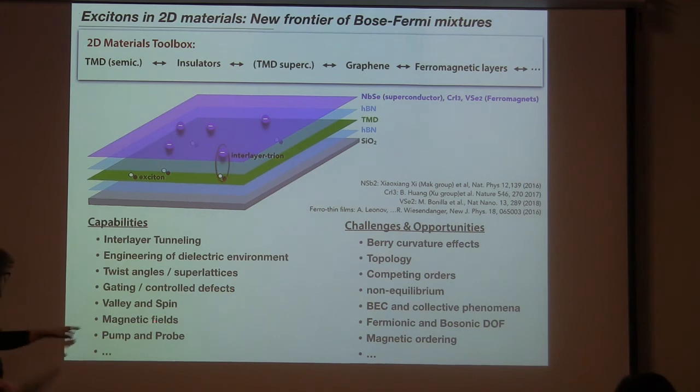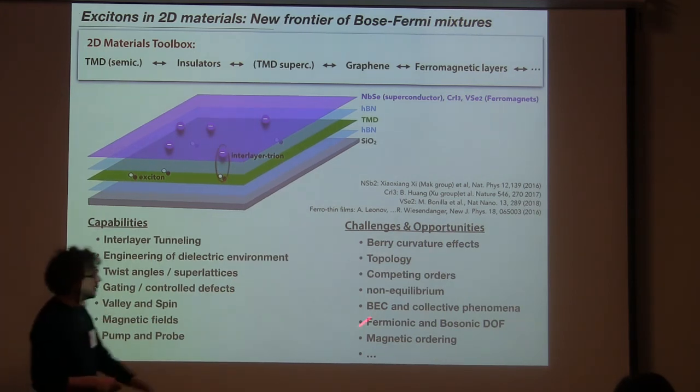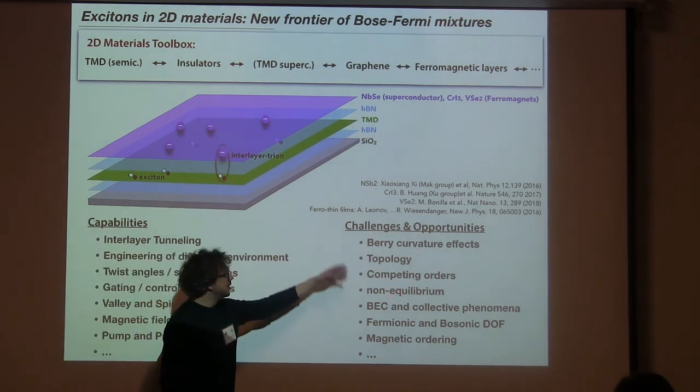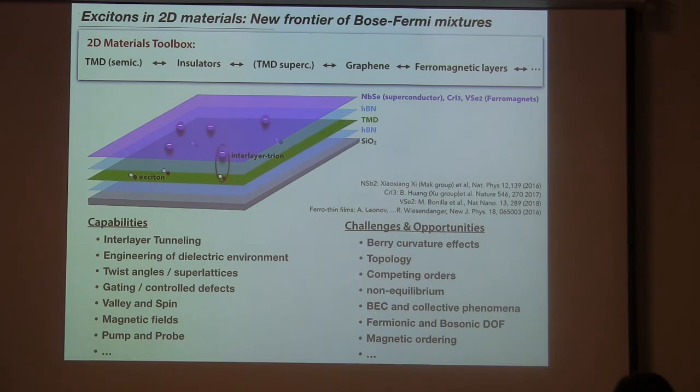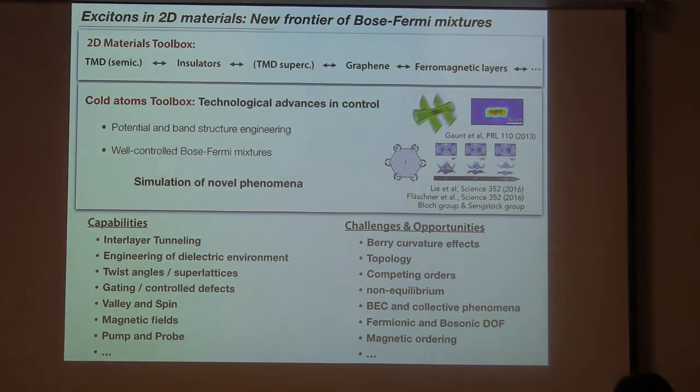We can actually use magnetic fields to study that. We have artificial magnetic fields in cold atoms. We can study non-equilibrium, competing more with topological effects in these TMD materials. And these are all topics which you also study, of course, in cold atoms, where we actually have the possibility